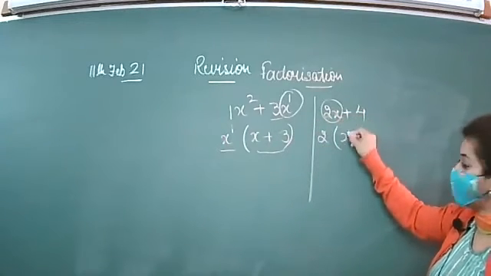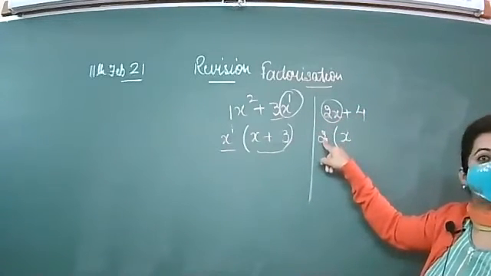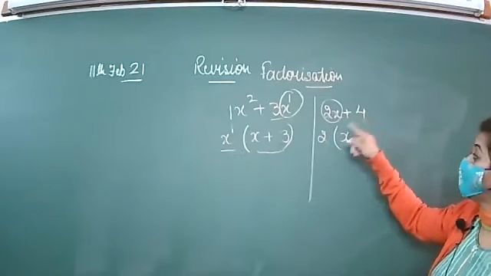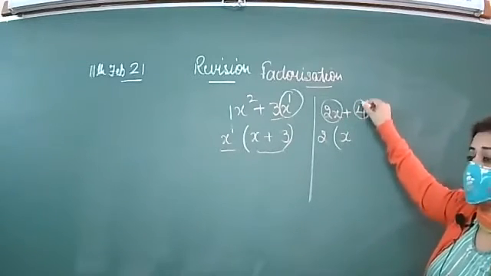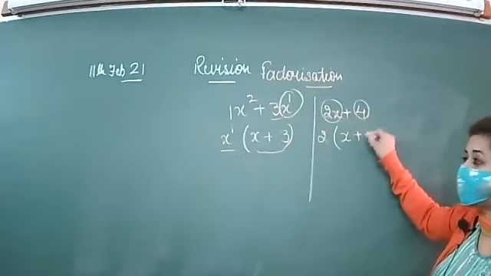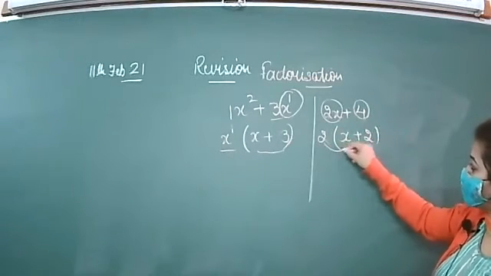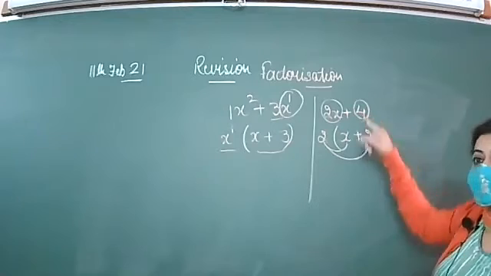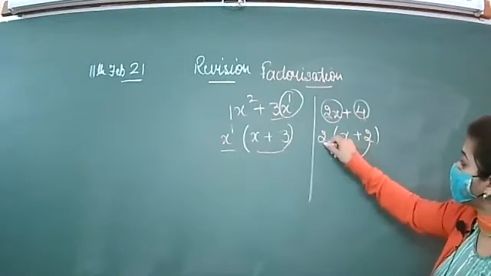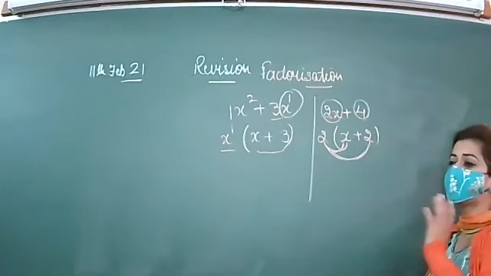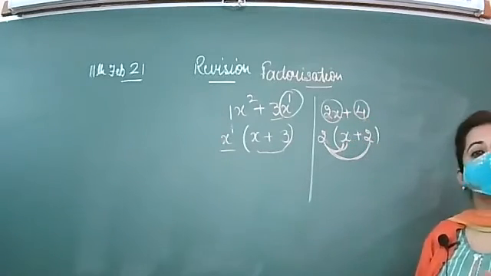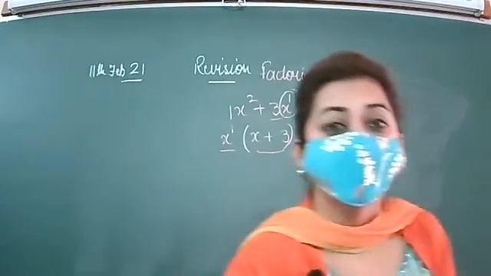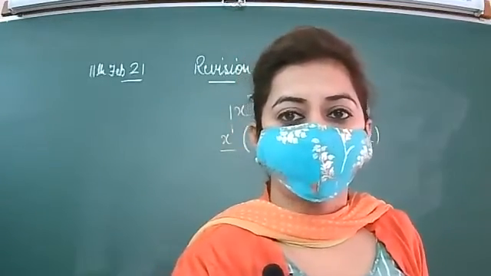What is left? X. You can't take x common. Why? Because 4 is not having x with it. So from this 4, you have taken 2 common. What will be left here? 2. So this, when you multiply, will give you 2x. When you multiply this with the second number, it will give you 4. Yes, when you multiply these two numbers line-wise with the numbers inside the bracket, what is this called? Distributive property of multiplication over addition.